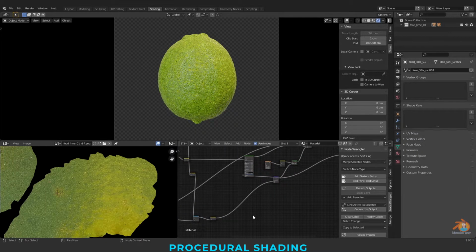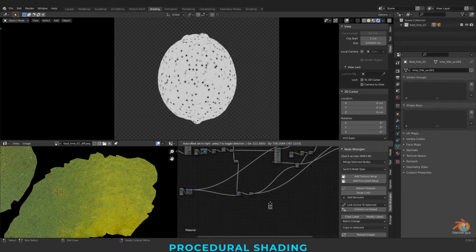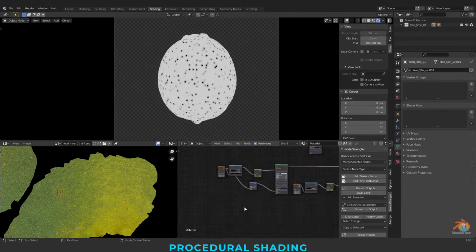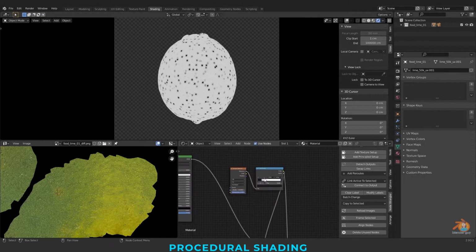And coming to our displacement, I'm taking a math node here again and copying this first Musgrave.